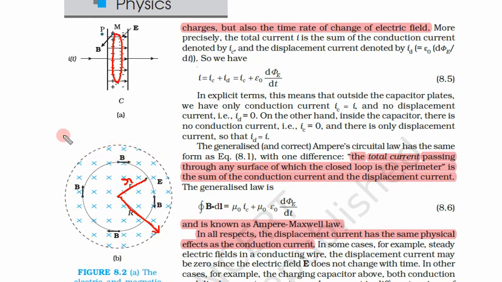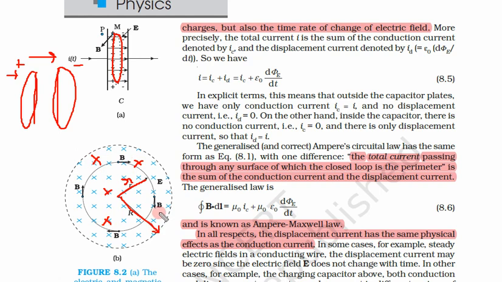Again, this capacitor plate can be rectangular or circular, because when you see its side, it will look like a parallel plate capacitor. So these plates are circular. Now we can see the electric field from positive to negative. We are seeing from this side, this plate was positive, this plate was negative. Hence this electric field is shown by crosses, and it is uniform. That means the electric field is into the plane of this paper.